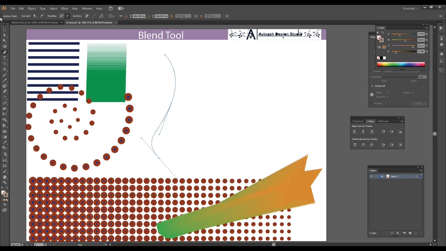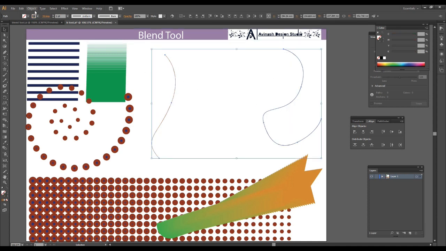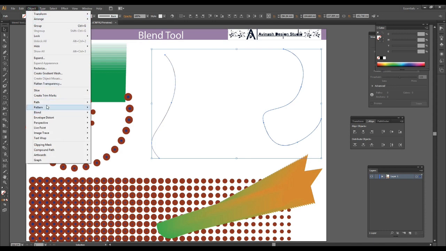So this is the one color, and we'll make another line, any shape you can draw. We'll change the color of these lines to blue, and this is an orange kind of color. Then we'll select two different shapes and go to the object, inside object, blend, make blend.